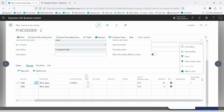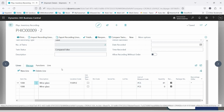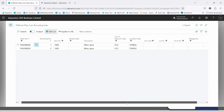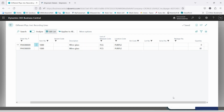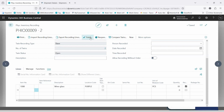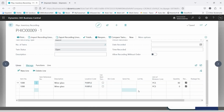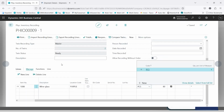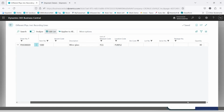So if you go out with one of the team, then in MobileNAV you will see the lines of the differences, and you can try to tackle and see what the reason for the difference is. If I'm standing on a certain line here, then I can press show different lines, which will show me that from this line, on the first recording we have 81, and from the second one we have 0 for some reason. But I will delete this one. So if I'm standing on this one and use show different lines, then it doesn't show me. Anyway,